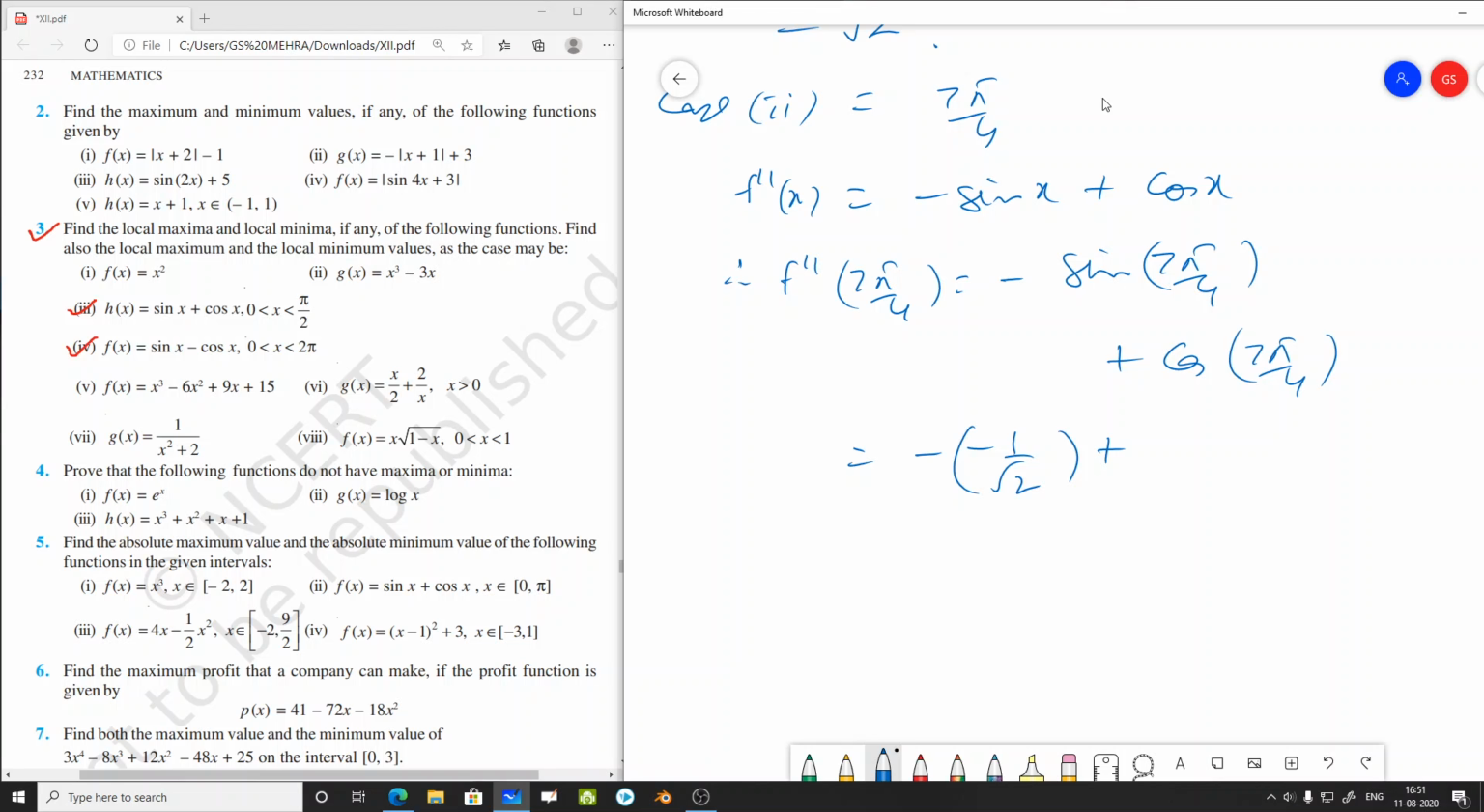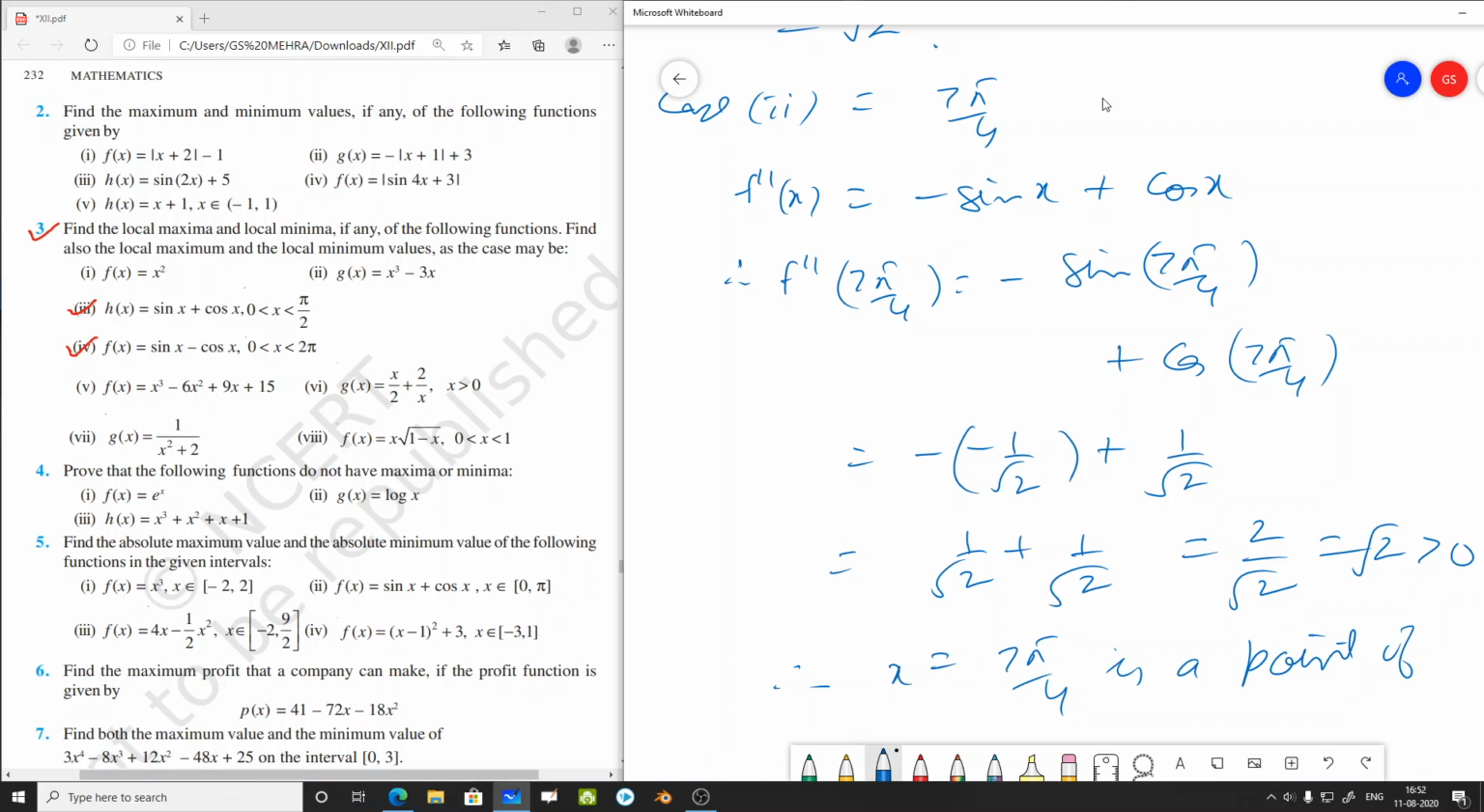We know that in the fourth quadrant the value of cos is always positive, so cos 7 pi by 4 is 1 by root 2. So this will become 1 by root 2 plus 1 by root 2. Together it will be 2 by root 2, and that will be equal to root 2, which is greater than 0. Therefore, we can say that x equal to 7 pi by 4 is a point of